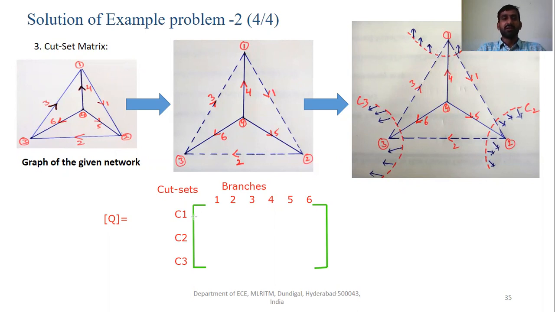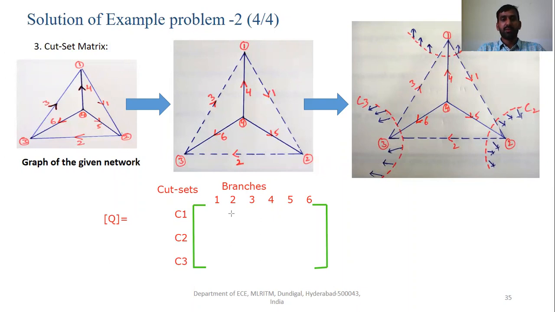Now let us look into the cut set C1. What are the branches here? Under cut set C1, branches 1, 4 and 3 are there. Except for 1, 4 and 3, the remaining elements are going to be 0.